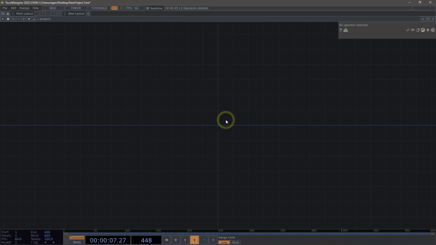Welcome to Working with Cameras. Cameras are our window into TouchDesigner's Render Network, so let's take a closer look at how we can get started